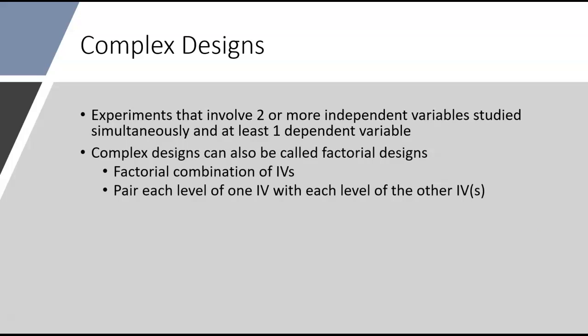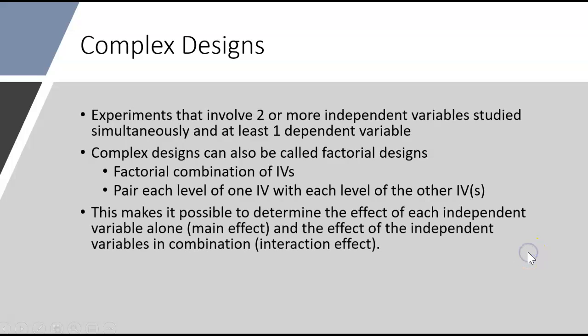What we're doing with these designs, and they're often called factorial designs, where you have a combination of independent variables, you want to be able to look at their independent impact, but also the way in which they might possibly interact with one another. So what you're able to do with a complex design is determine what are called main effects, which is the independent impact of, say in the case of my study,